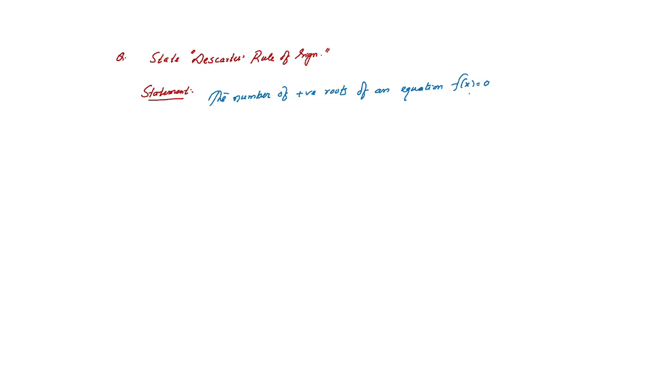Mainly we are taking the algebraic equation or polynomial equation with real coefficients. So that means here f(x) belongs to R[x]. The coefficients come from real numbers. So the number of positive roots of an equation f(x) equals 0 does